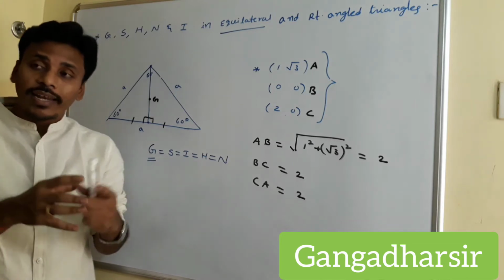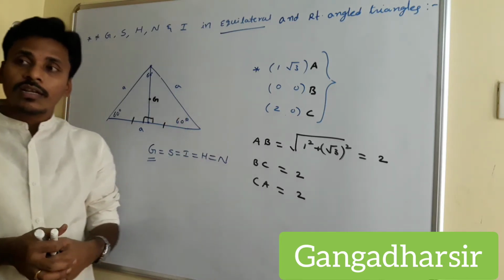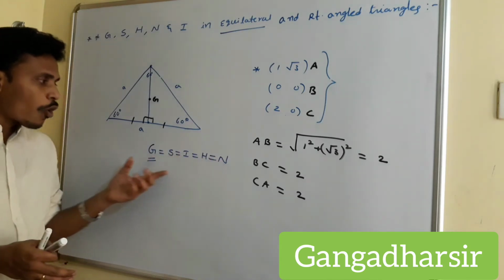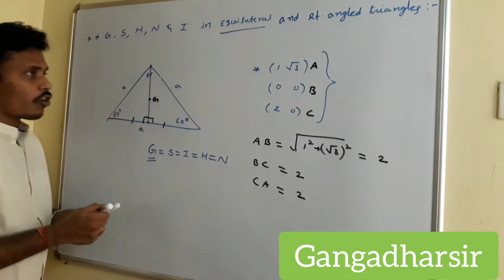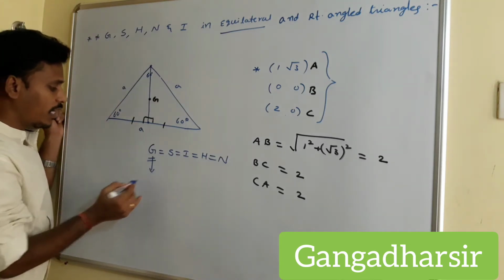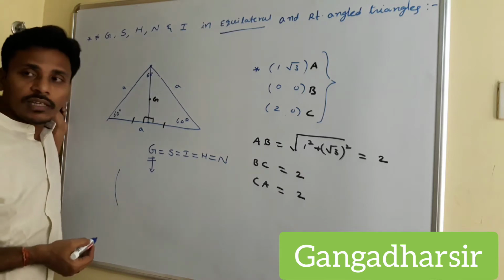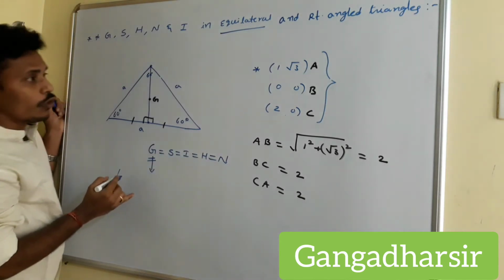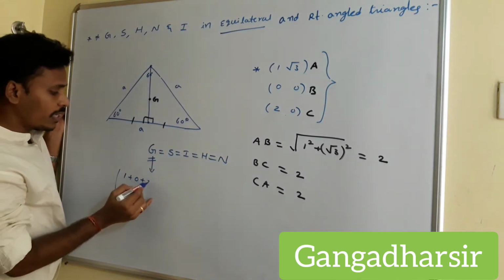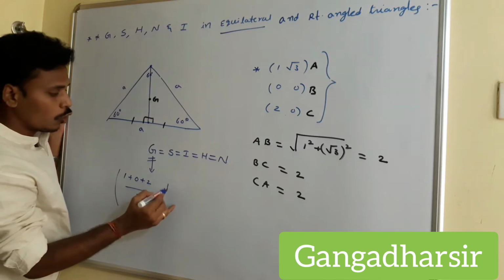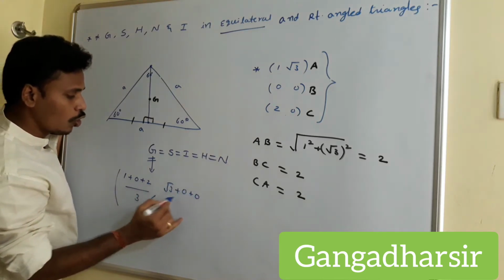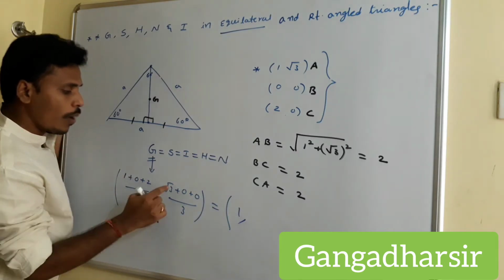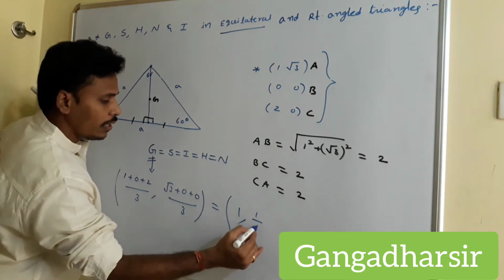Since we are getting an equilateral triangle with these three vertices, for that particular triangle, all these points are the same. That is the sense, find the centroid for the triangle. I think you are aware of finding the centroid using x1 plus x2 plus x3 by 3 and y1 plus y2 plus y3 by 3. What are the x coordinates of these three? So if you look at this, 1 plus 0 plus 2 by 3 comma root 3 plus 0 plus 0 by 3. And if you simplify, 1 plus 2 is 3 by 3 is 1, whereas root 3 by 3 is nothing but 1 by root 3.